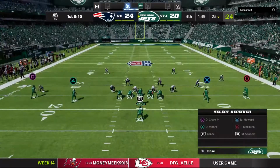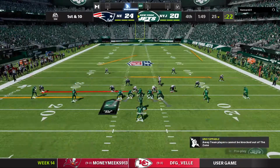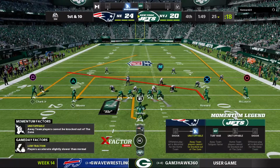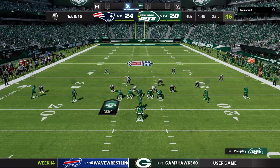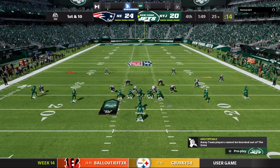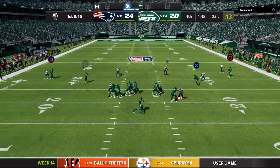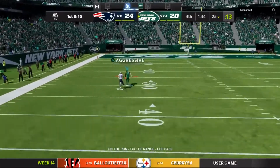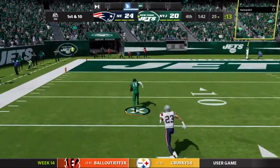The New York offense taking over for their next possession. And they're hoping to redo their efforts in the last drive when they got into the end zone. And just think of what it's like now on the sideline. Because when you score a touchdown, you have to go over and look at the tablet and see what you did on the last drive. When you scored points, it's a whole lot better view than when you're trying to figure out how to fix things there. It's caught inside the